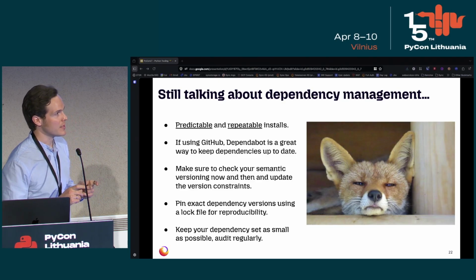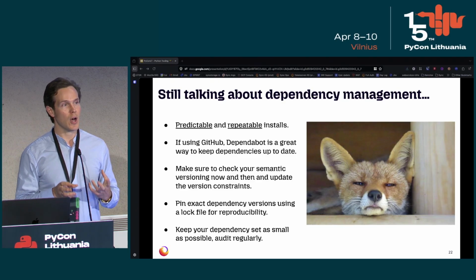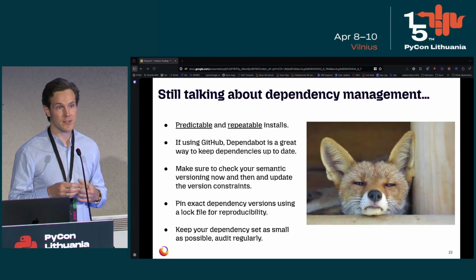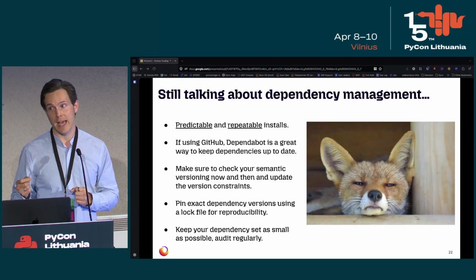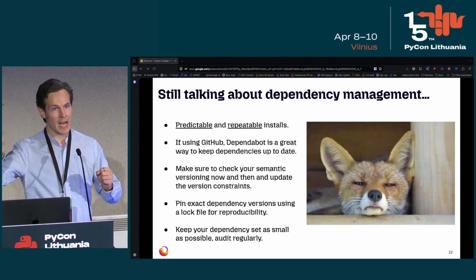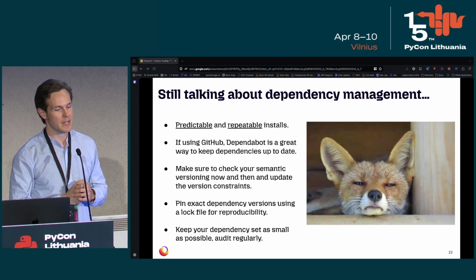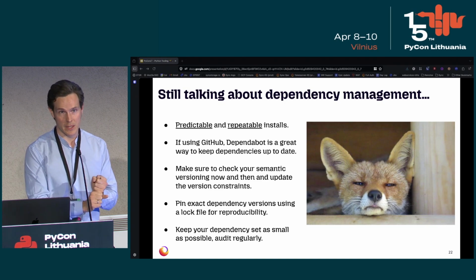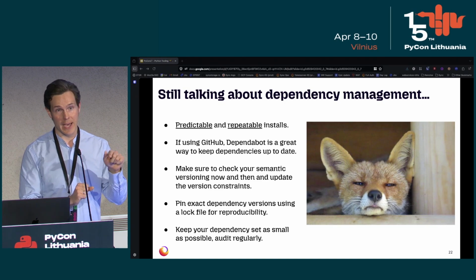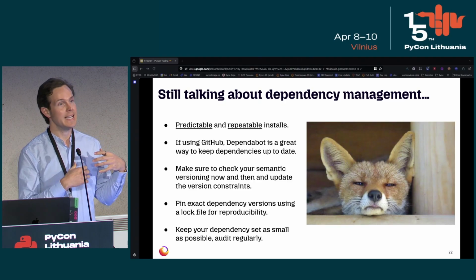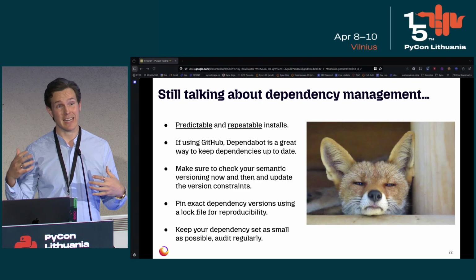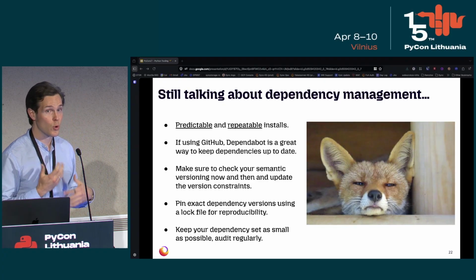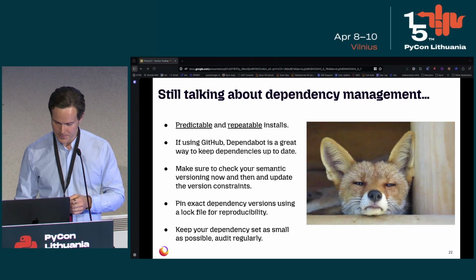The other tip I'll suggest is that every now and then go into your pyproject.toml files, not your lock files, and update your semantic versioning tags. It's very easy to get far behind and not necessarily consider that, but if you are pinned to a very specific version, and you may have accidentally annotated it with some sort of semantic versioning, it may be the case that that library is not getting updated over time, so you might want to evaluate it. So I'd add that to your quarterly cadence of looking at all of this.